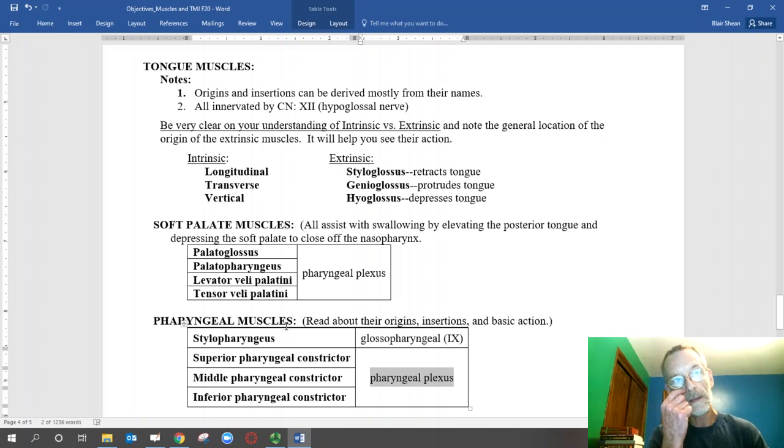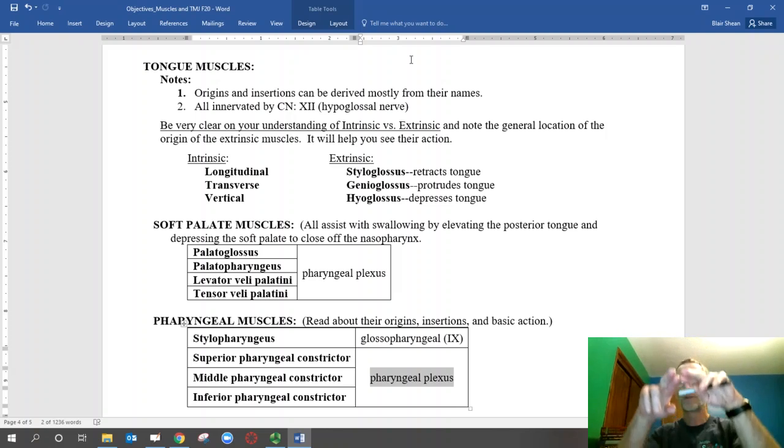So on these pharyngeal muscles, I would like you to read about their origins and insertions rather quickly and their basic action. So you should be able to basically tell me what the pharyngeal constrictors do. Food or water has been pushed to the back of the oral cavity. It's been pushed through those fascial folds. It's back into the oropharynx, and then the